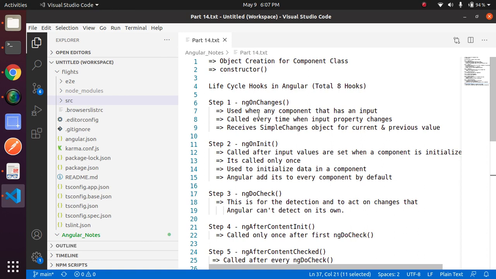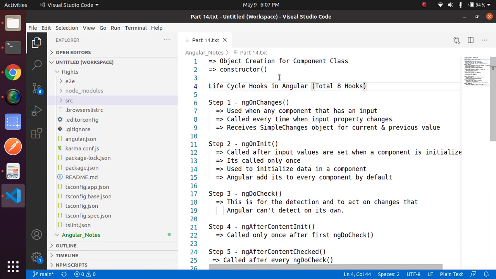Before starting lifecycle hooks, let's look at when Angular starts executing lifecycle hooks. Suppose you are on a home page and home page is mapped with home component, and you click on a new route, suppose contact, and contact route is mapped with contact component.